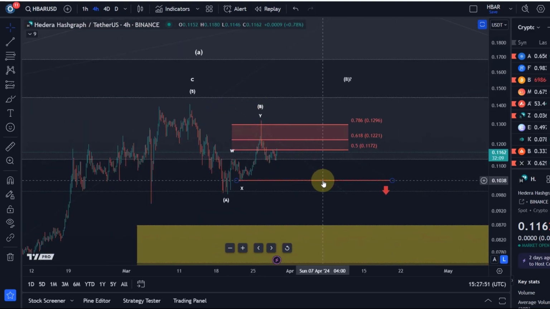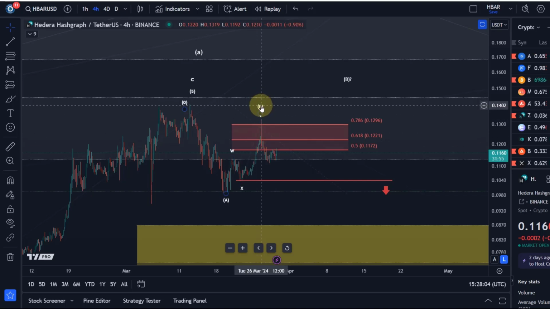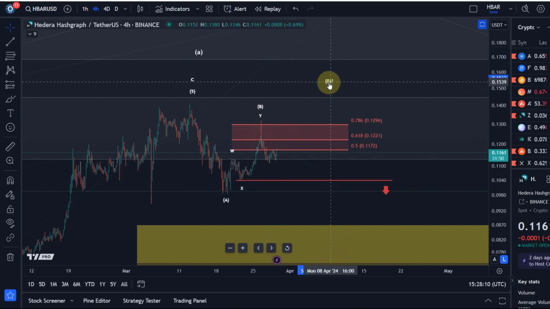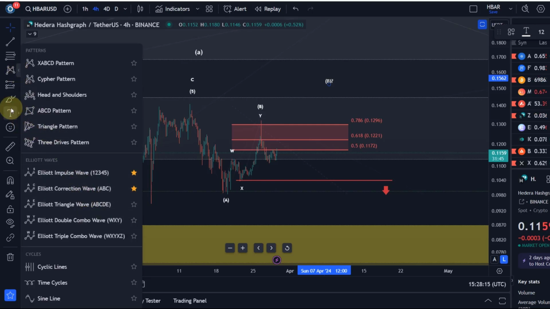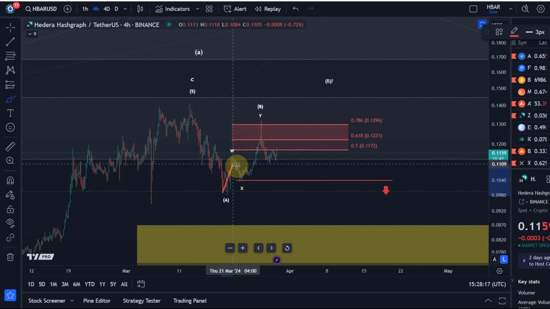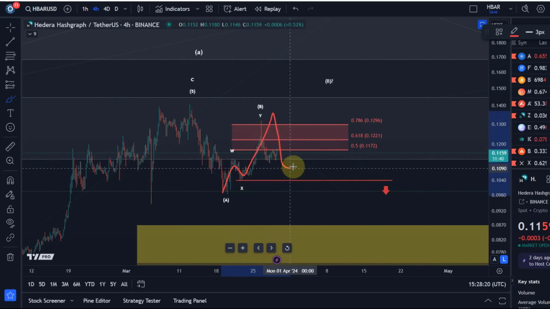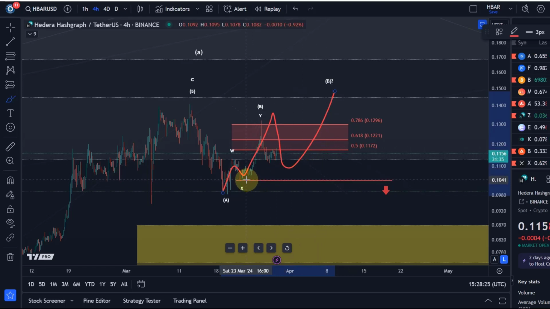Why is that so important from an analysis point of view to wait for confirmation? Because we know that 3-wave corrections always extend. Okay, not always, but very often these tend to extend. And for example, this B wave, which presumably topped here on the 26th of March, can easily morph into a larger B wave. How is that possible? Well, it could simply be that the initial 3-wave move up here was an A wave, the move down a B wave, and now we rally in a C wave. Well, that would be much less likely, not impossible though, but much less likely with a break below that 10.4